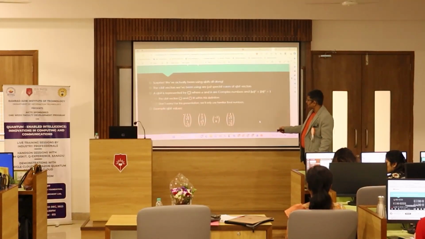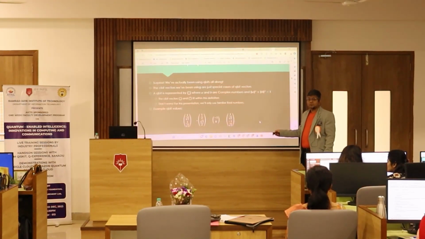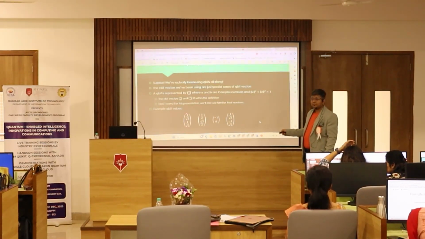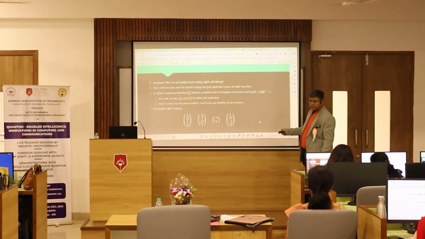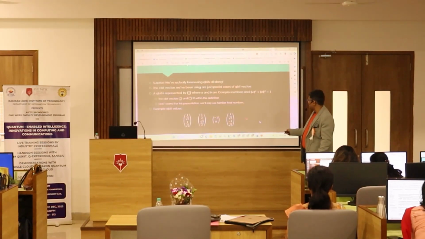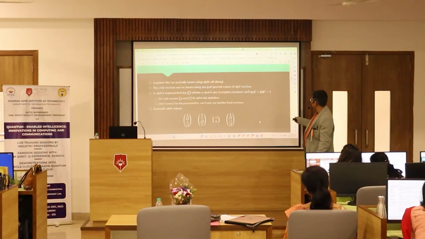With those pairs. For example, 1 by root 2, 1 by root 2. So the square of 1 by root 2 is half, plus half is 1. So 50% probability of occurrence of value 0, and 50% probability of occurrence of value 1. Similarly, here this is 1 by 4, so 25% probability of occurrence of 0 and 75% probability of occurrence of 1. Likewise, you can have multiple number pairs that will satisfy this equation,